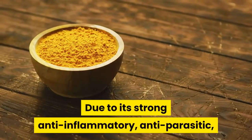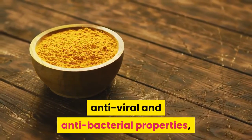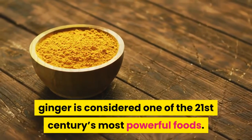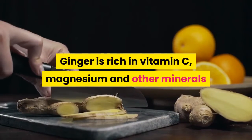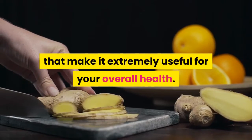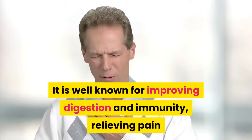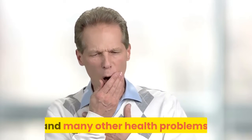Due to its strong anti-inflammatory, anti-parasitic, antiviral and antibacterial properties, ginger is considered one of the 21st century's most powerful foods. Ginger is rich in vitamin C, magnesium and other minerals that make it extremely useful for your overall health. It is well known for improving digestion and immunity, relieving pain and fighting cardiovascular diseases, asthma, and many other health